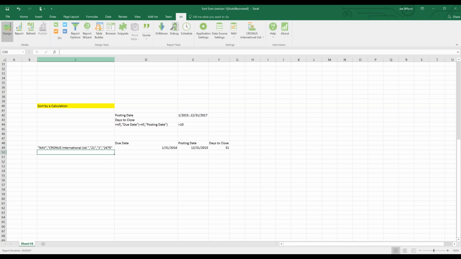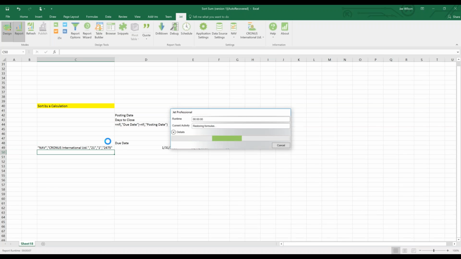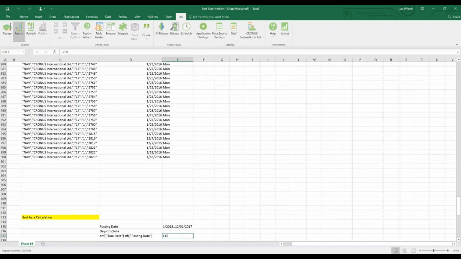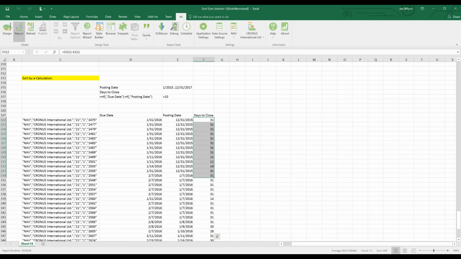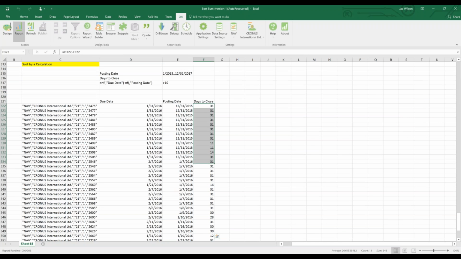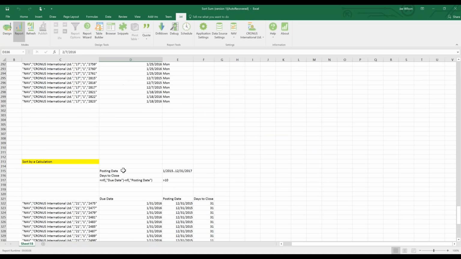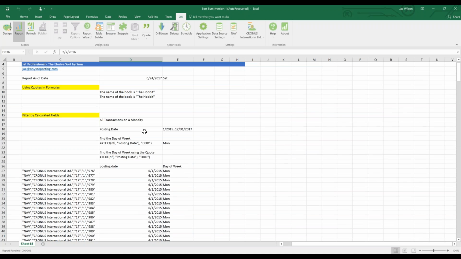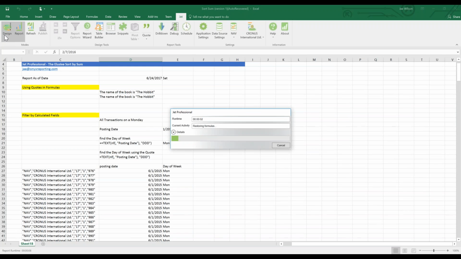And the end result is still the same. Okay. So again, that was the meat and potatoes behind building a